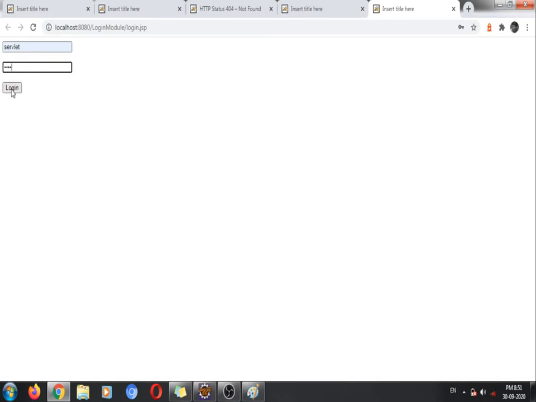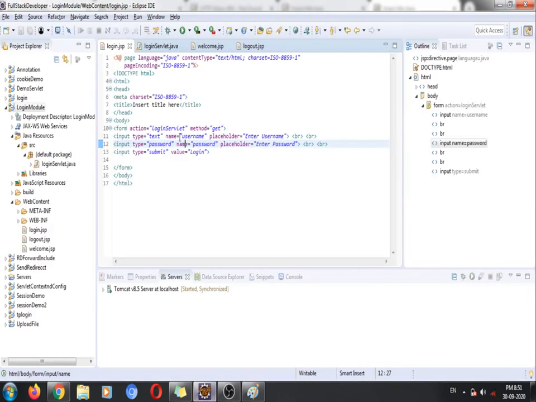Fine. Now I'll click on the login. Now we got here, welcome to the login module. Now if I click the logout, we need to relocate to the login page. It's a very simple one. Fine. Okay. So in this way we are going to implement the simple login module using